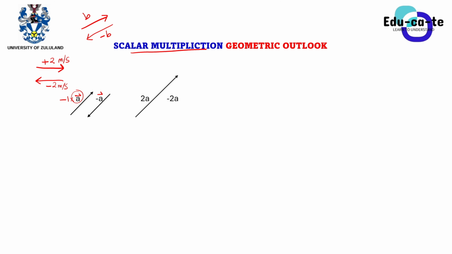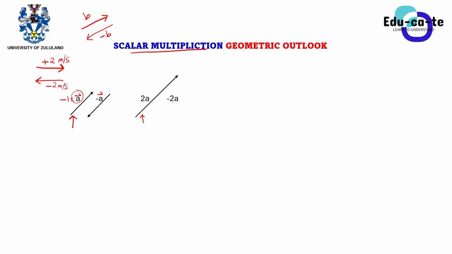Let's try to see this one. This is vector 2A. If you compare the original vector A here and you compare it to this vector 2A, you can see that there's a notable difference in the size. The direction of the vector is still the same. You can see that this is still the same direction. These two vectors are still going the same direction. But now the difference is that this vector 2A is actually bigger than A. In this case, it is actually double the size of A.